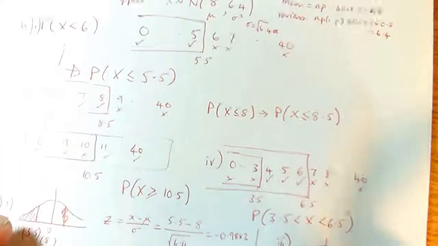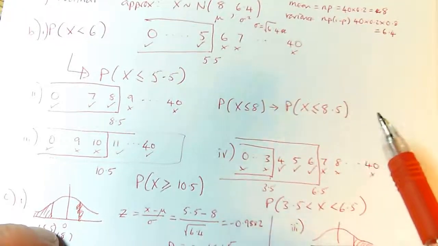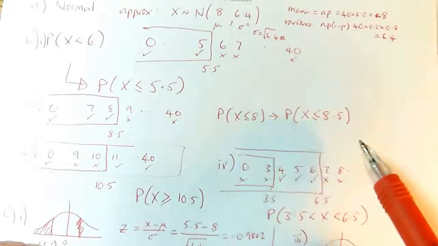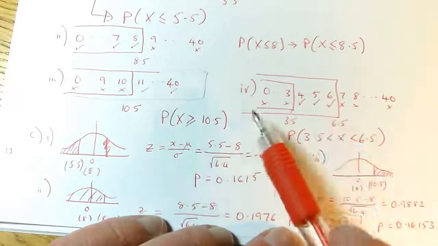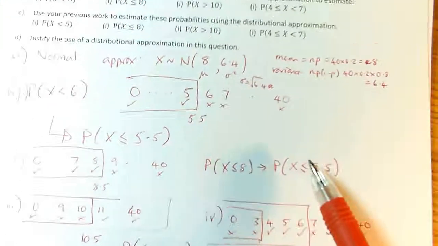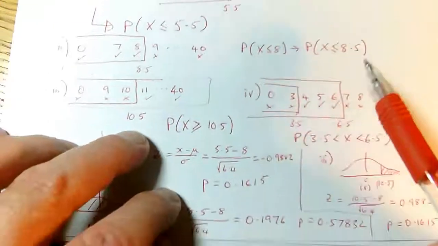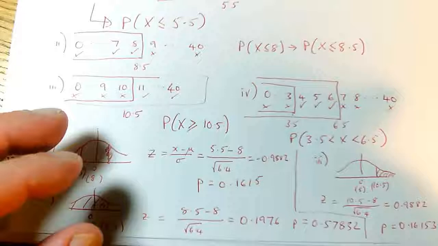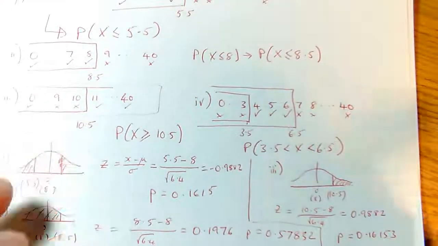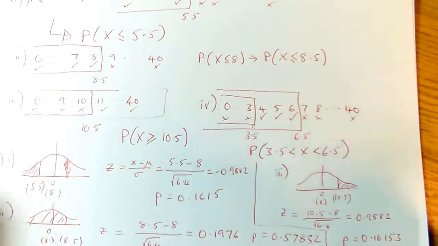Okay, and then for the last one, we've now got two z values to get. So our z values are going to come from, so the third one we set up, where's the continuity correction? Okay, so the original probability was being between 4 and 7, but of course I had to continuity correct those values, so then I have 3.5 and 6.5, so I have to work out the z values for those two. Now I've run out of space on this bit of paper, and you're supposed to have drawn this out fully anyway. So whatever you do,